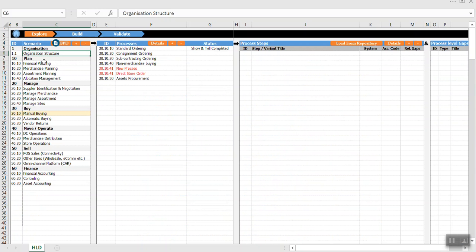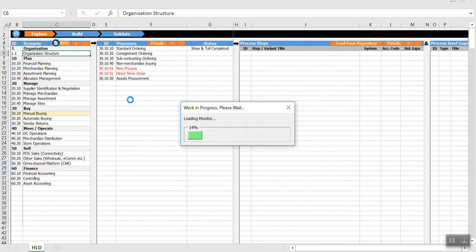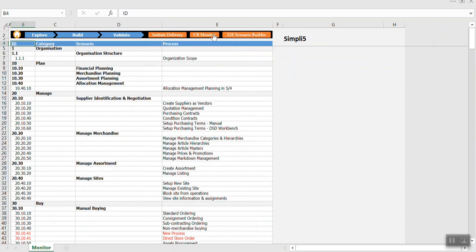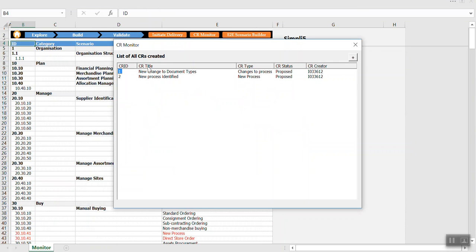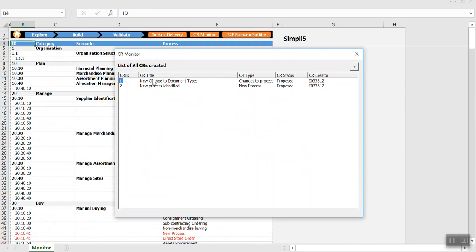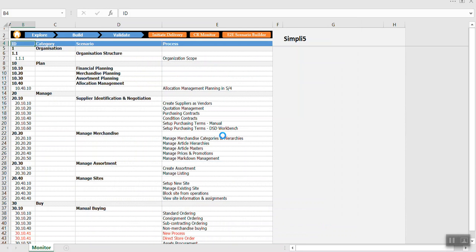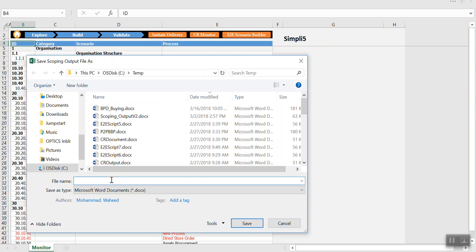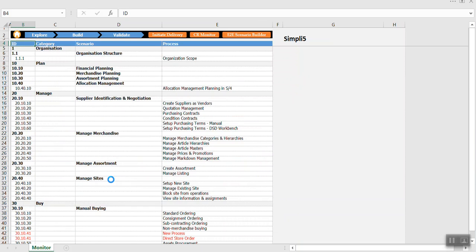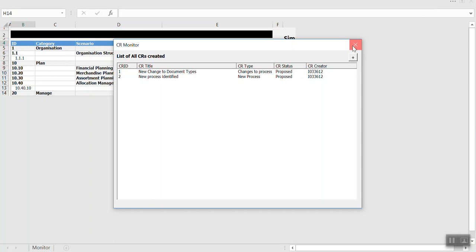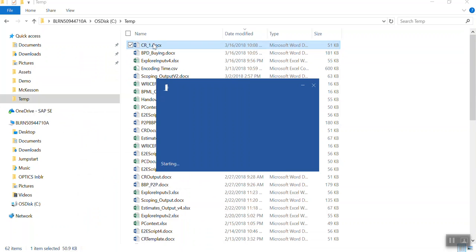One other feature which may need to be explained at this time: if you remember, we had added a couple of change requests. There is a monitor available centrally with, let's say, an architect or a project manager, who gets to see each of these. Let us say he wants to visualize one of those. He looks at these documents. He can generate a CR document out of it, which again reads a particular template embedded in the tool and generates a CR document, CR1, which will look something like this,